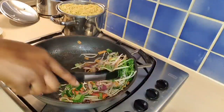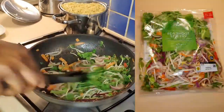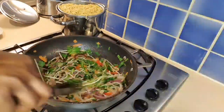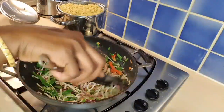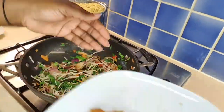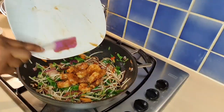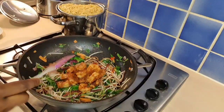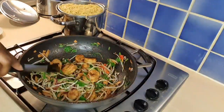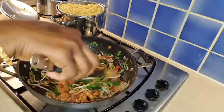So I've just poured my pack of stir fry in the wok, and I'm moving that around as the name suggests, stir fry. So I'm just sort of stirring and frying as I go. And when I fry that for about a minute or two, I stick my prawns back in there, and you can see all those sauces which I marinated the prawn with. I don't tend to do it dry because of the butter, just to sort of give it a nice flavor and taste. And then I continue mixing around, and I get that to a good place,